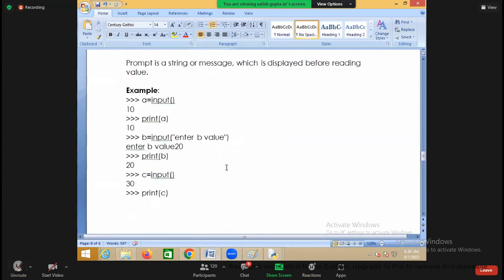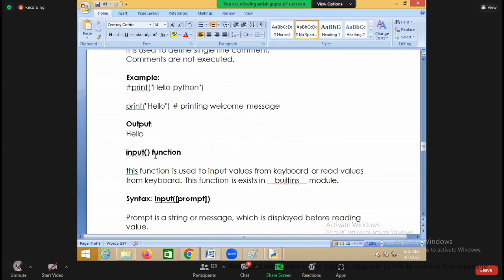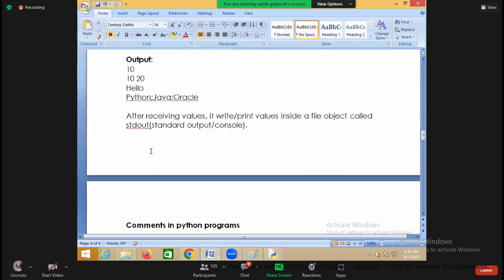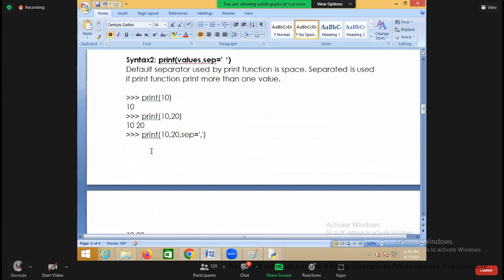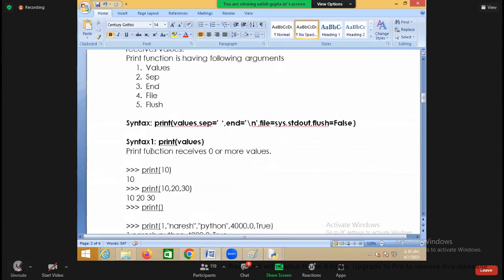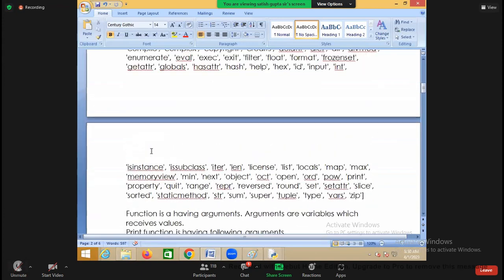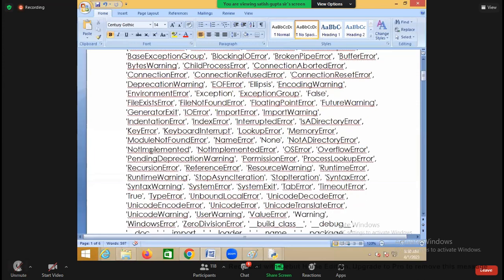Right? Two functions, one is print and one more is input. Please try to practice what I said in the class. So in the next class, that is on Monday, we'll see more on input and output, and even we'll see